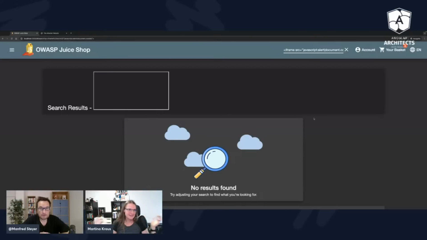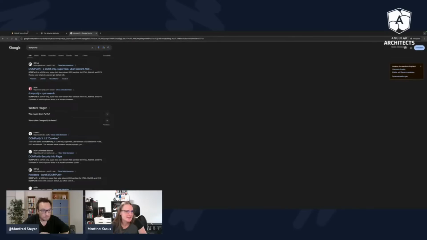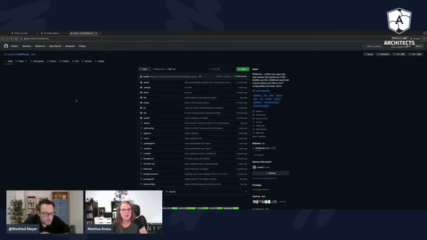Of course, Manfred, you know we can inject the DOM sanitizer, and then we can bypass this security check and still allow it. But for that, I highly recommend DOMPurify. Have you heard of DOMPurify before? I don't think so. DOMPurify is like a sanitizer which you can use even if you don't want to use a framework, like plain JavaScript, often called vanilla JavaScript. DOMPurify just sanitizes everything for you.